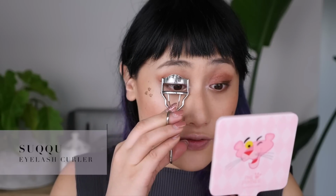Now that fun's out of the way, let's try the mascara. This is an extreme volume mascara. I'm not sure if this is waterproof. We're gonna curl the lashes first and then try out the mascara. This is the wand. It's kind of a standard wand. This is what my lashes look like. I actually think this adds more length than volume for me, but I do like what it's done for my lower lashes. For my upper lashes, it's not holding a curl, so I think this might not be a waterproof